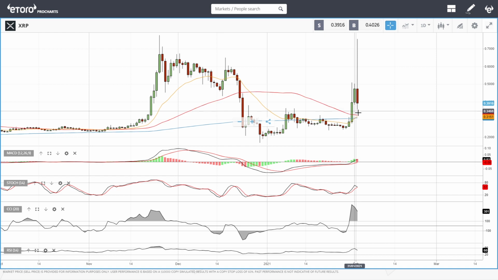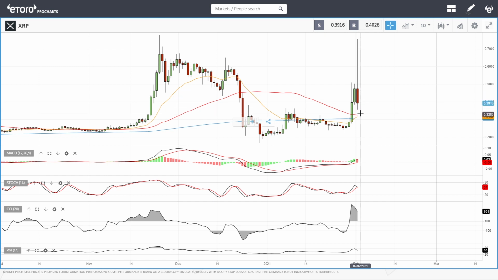But we are still trading above the 50 moving average. If we test the 50 moving average and bounce from that, then it is a fairly good signal that we are going to continue gradually going higher. So that is interesting. Hopefully nobody bought it up here and there were just sellers, because this was an absolutely horrible day for people that were trading on XRP. If you look at technical indicators, they have turned around and become extremely bearish at this point. But it will be interesting.